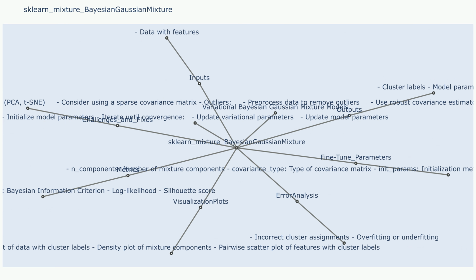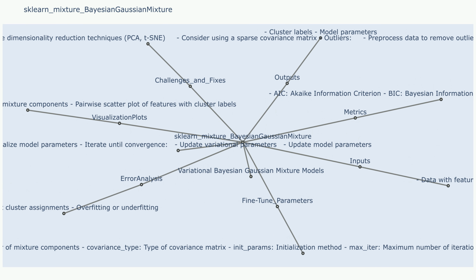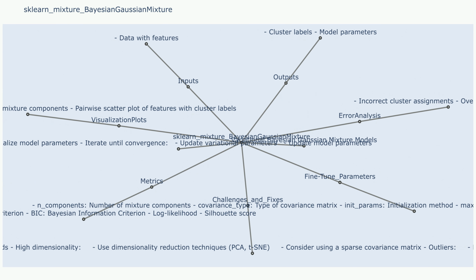Steps: Initialization: the model initializes with a random number of components within the specified range. Expectation maximization (EM) algorithm: the model iteratively alternates between the following steps. E step calculates the posterior probabilities of each data point belonging to each component. M step updates the model parameters (weights, means, and covariances) to maximize the likelihood of the data given the current